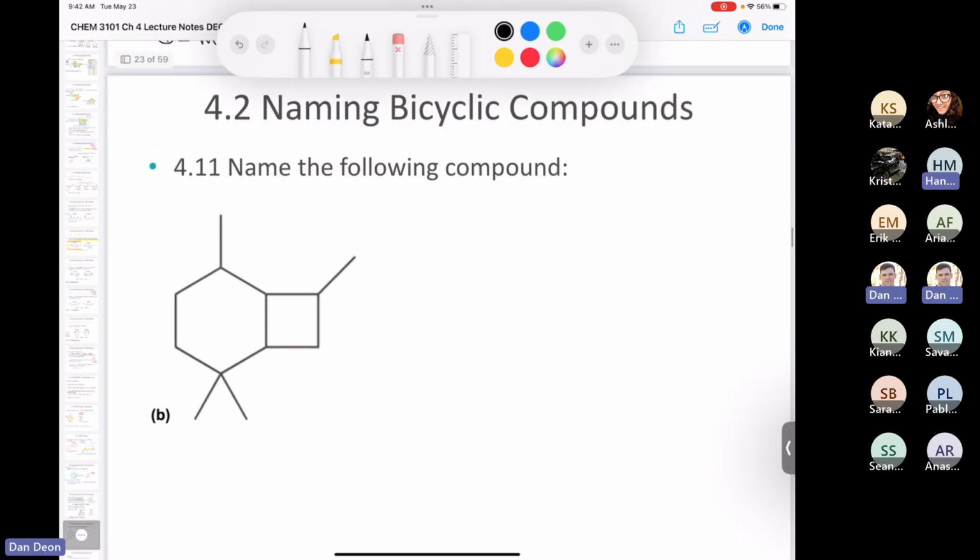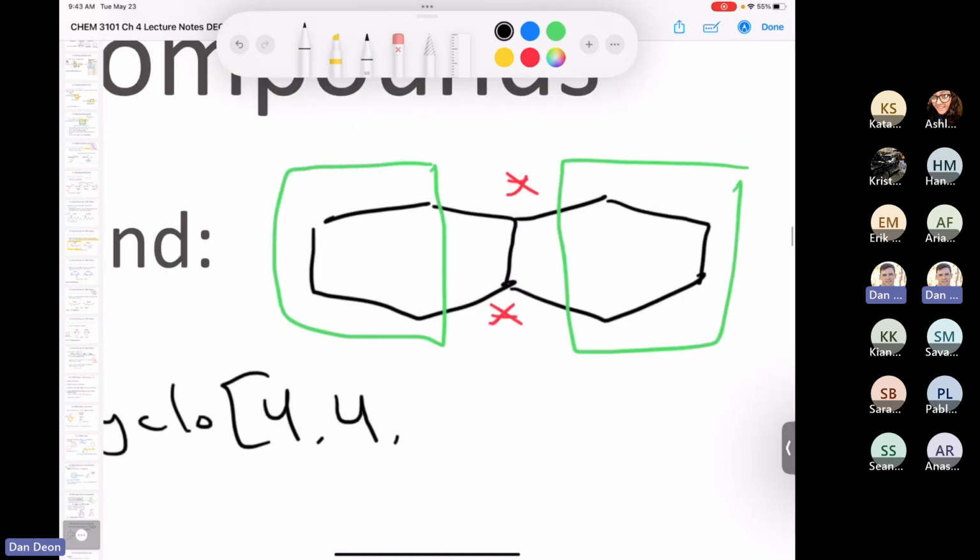Now, before we try naming this compound here, I just want to show you one more thing. If you have 2 rings fused together like this, it is also considered to be a bicyclic compound, right? This would be a bridgehead carbon, and this would be a bridgehead carbon. So how would you name this compound? You'd say this is bicyclo, right? If you count the carbons in the bridge, you have 4 carbons in this bridge, so bicyclo 4. On this bridge, you also have 4 carbons, so bicyclo 4, 4. But how many carbons are in the last bridge?